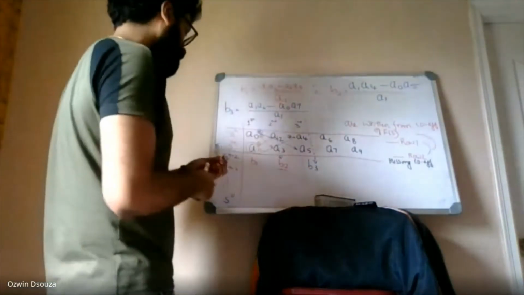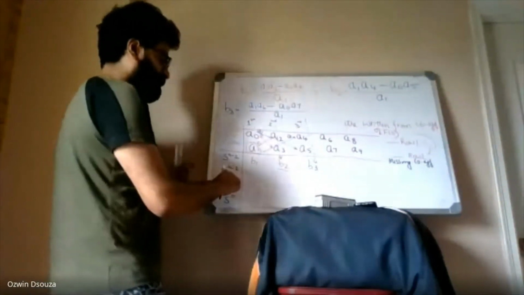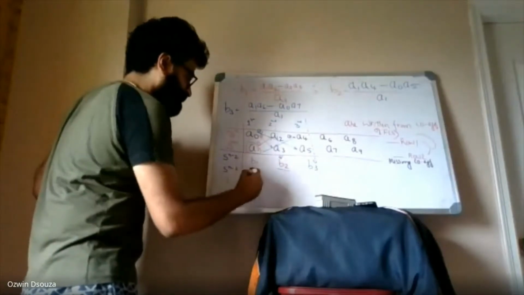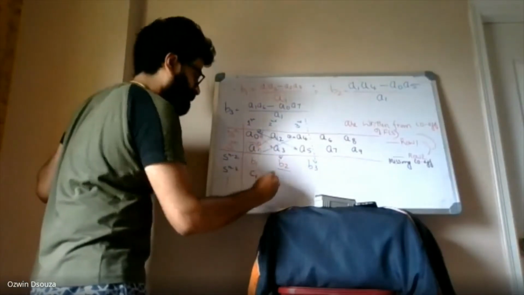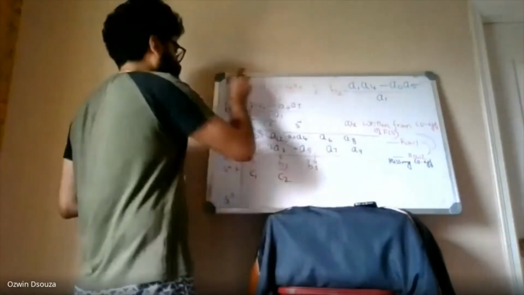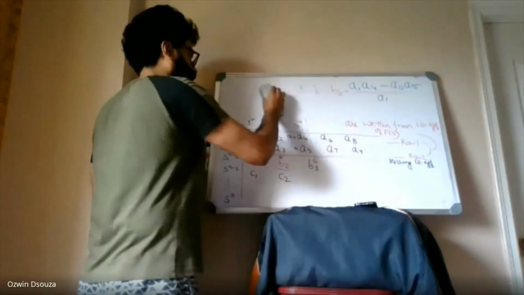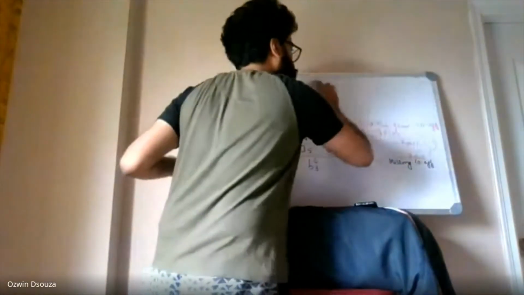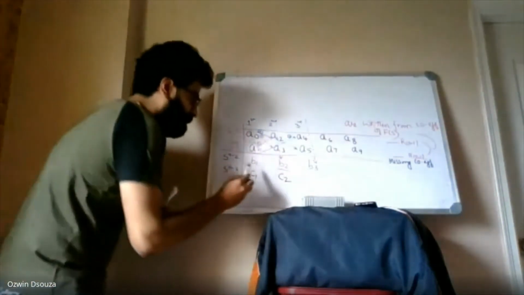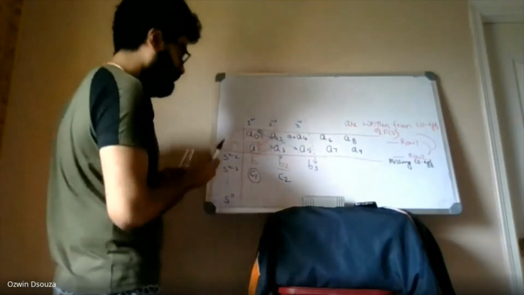And this process is continued. For example, the coefficients of the s to the power n minus 3 row, let's take it as, say, some C1 and some C2. And let us see how you determine C1 and C2. The same logic you are supposed to apply, that is the cross multiplication logic. So you need to determine C1, right?